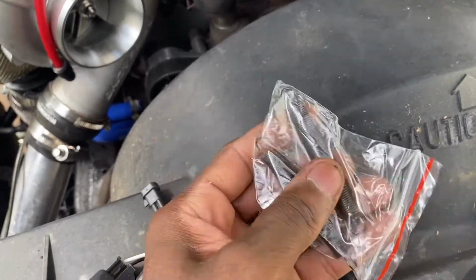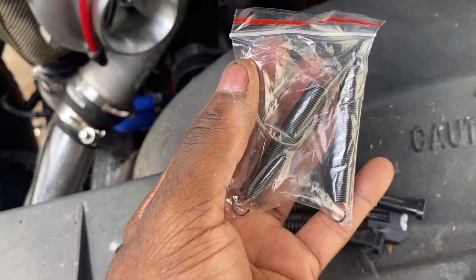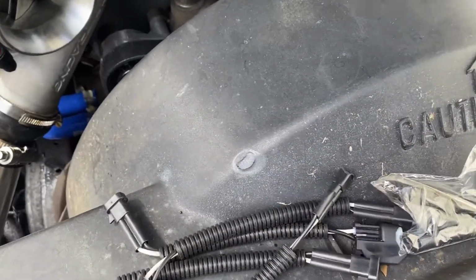And here are the springs. The springs look very, very sturdy. They really do. If not, I'll probably just get better springs. Okay,